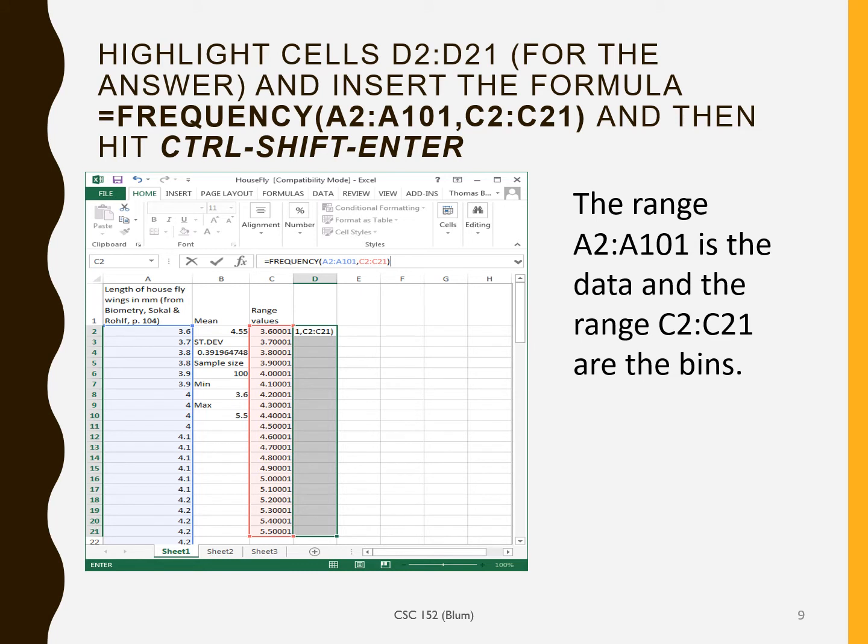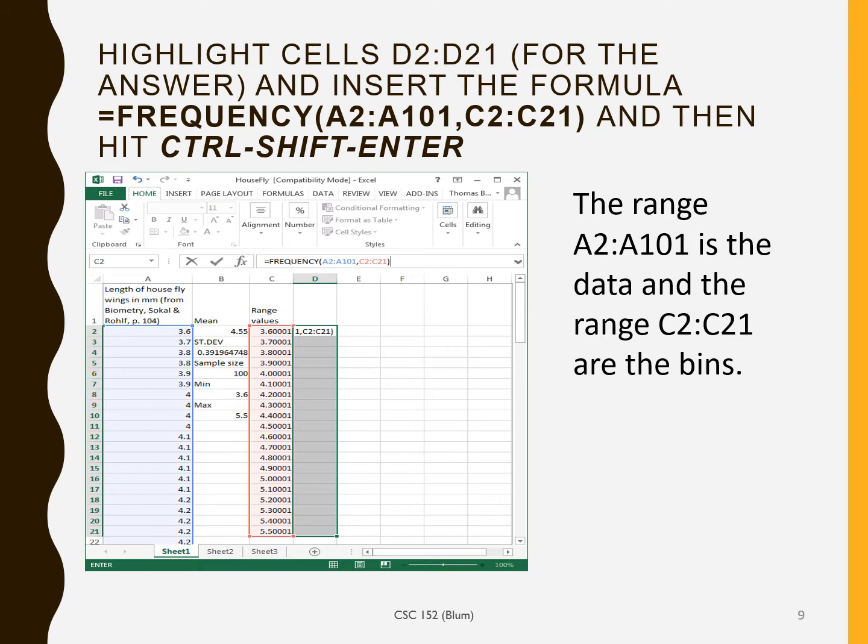So previously we established what I called the range values, which are sort of the upper limit of all of the bins. And now I want to find the frequency, the number of data points that occur in each bin, and that is going to be the frequency formula, which is one of these array formulas. So we highlight the entire region. It's an array formula. We have to do it all at once. Highlight the entire region